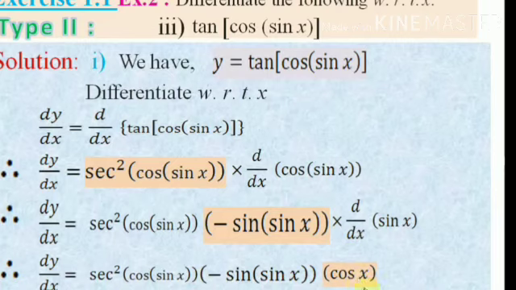Okay, that is the derivative of the given function. That means when the function is in the form of a composite function, then we have to apply that type of chain, because here there is a chain: tan, cos, sine. That means firstly the function is taken in the form of f of x, that is tan x, cos of x is g of x, and sine of x is taken to be h of x. Then we have to apply the chain rule. Okay.